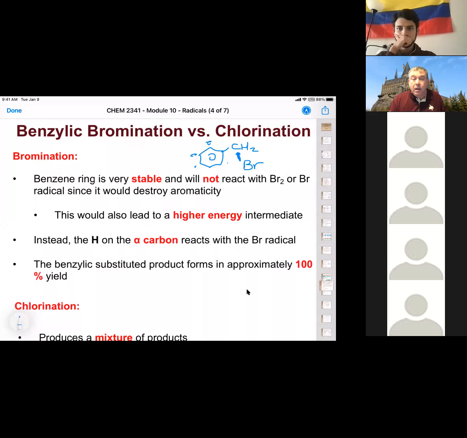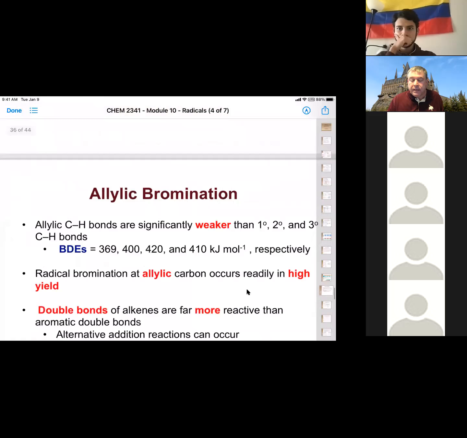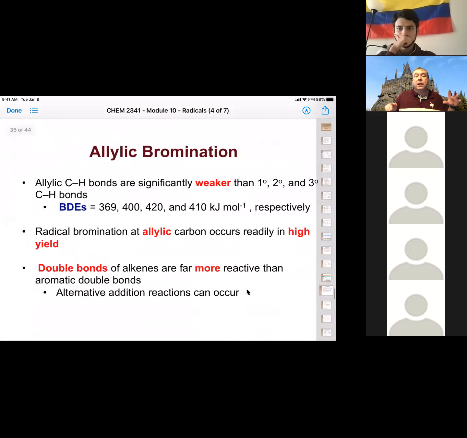Remember, chlorination is much more exothermic, and therefore it's not as selective. And so you actually end up with a mixture of products, mono and dichlorination, sometimes trichlorination, because there's no selectivity in the system. Now, the other thing we saw that was really good to have a radical around is